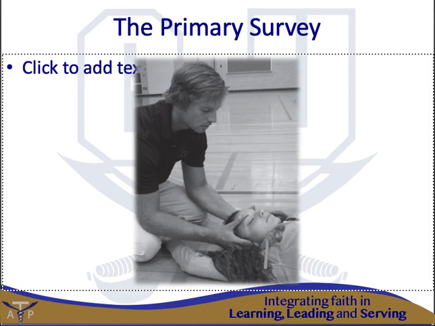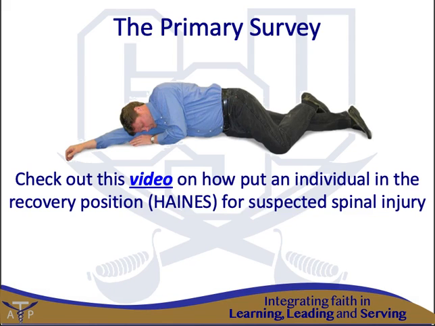If we are by ourselves and we have no one to call EMS, we can put the athlete in the modified Haynes position, call 911, then return to the athlete and continue our care. Haynes stands for high arm and endangered spine. The purpose of this position is to attempt to maintain an open airway while you call 911. After we call 911 and return to the athlete and continue care, we have to check and see if the athlete is breathing.